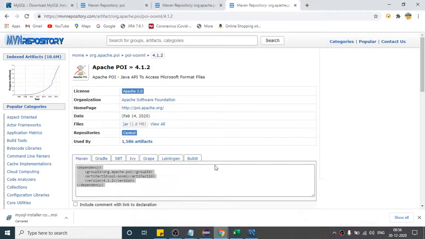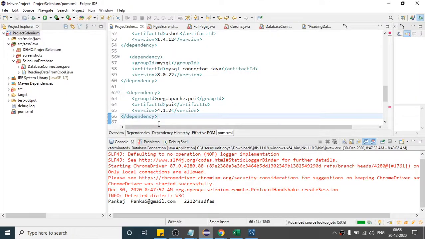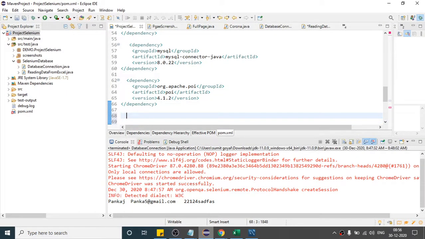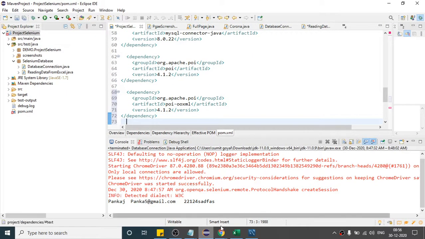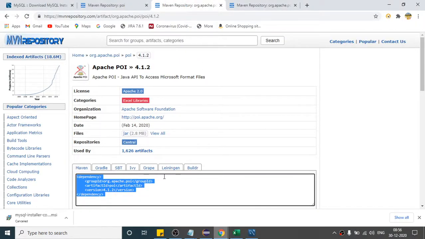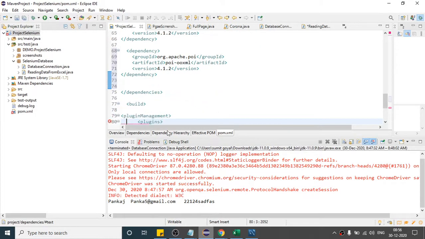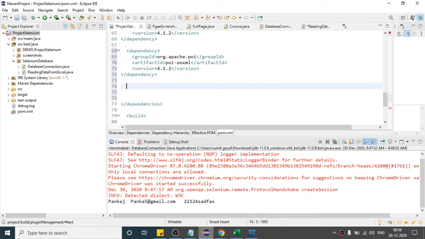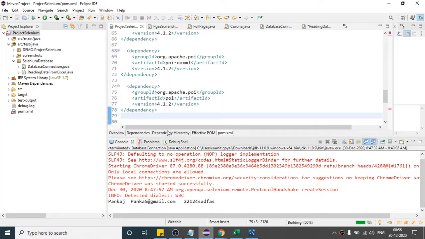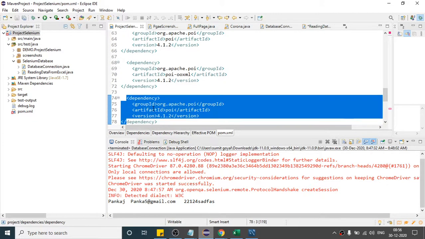I will again copy these two, paste this, and the second one, copy this, and also paste this. You were already pasting some there. Yes, okay, thanks for reminding. Let me not import it again.